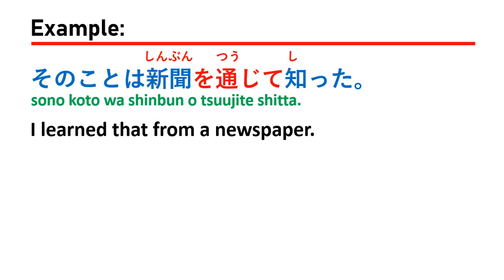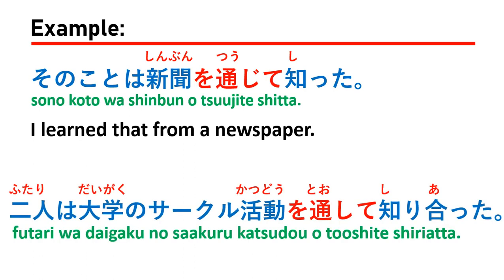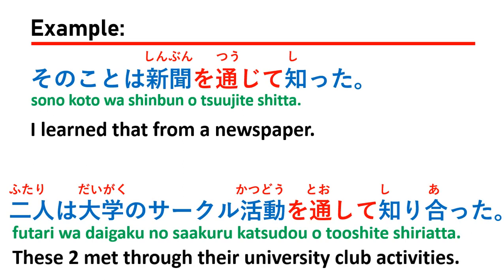So in this case, you can say 通じて, right? 新聞を通じて知った。